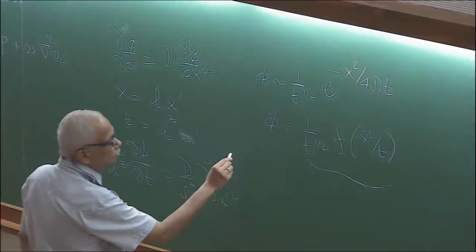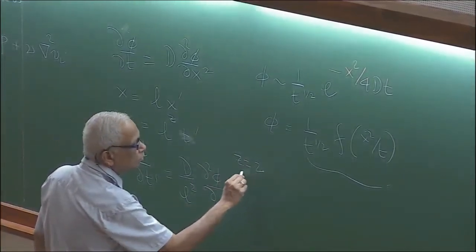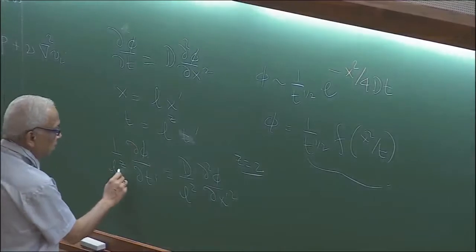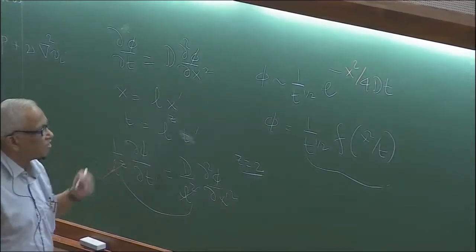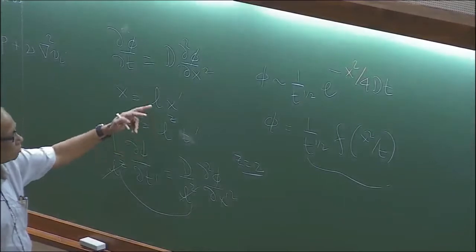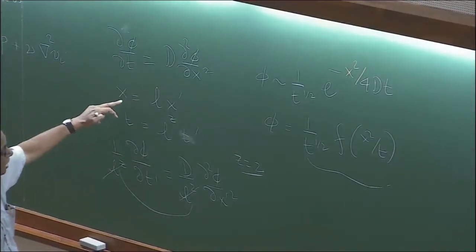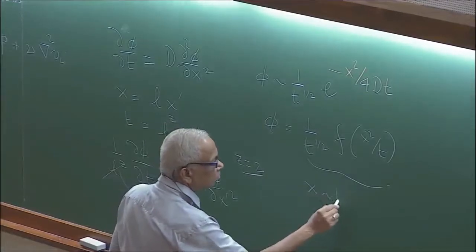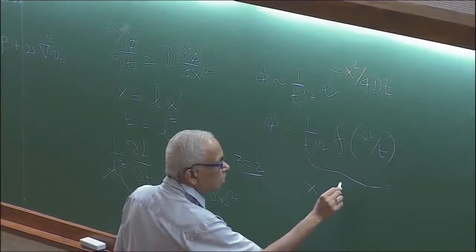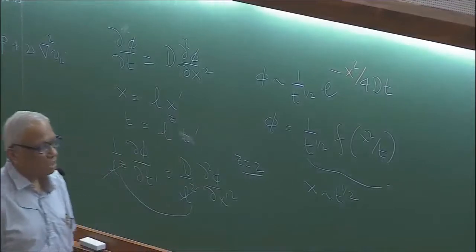And if you choose z equal to 2, then this cancels out. For z equal to 2, you have scale invariant solutions. Z equal to 2 automatically means that length scales go like t to the power half,